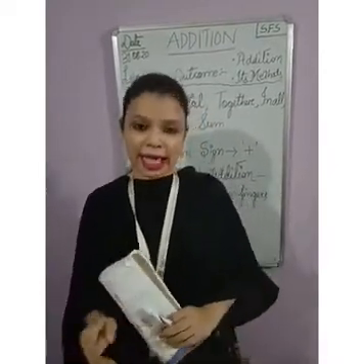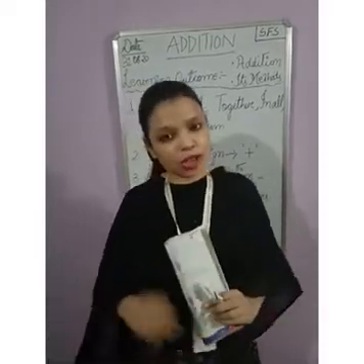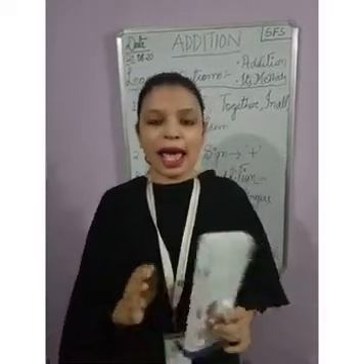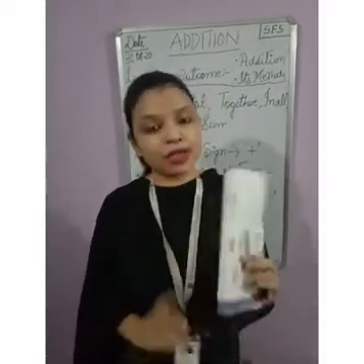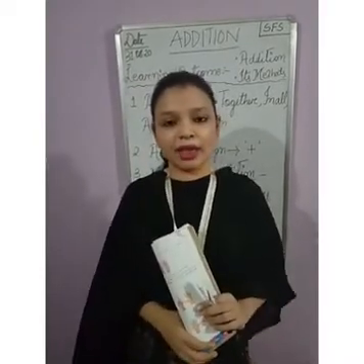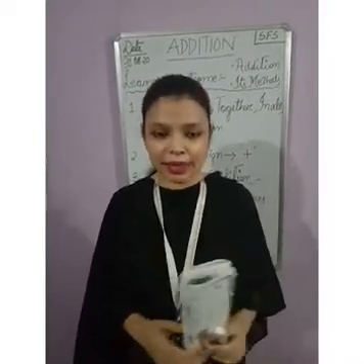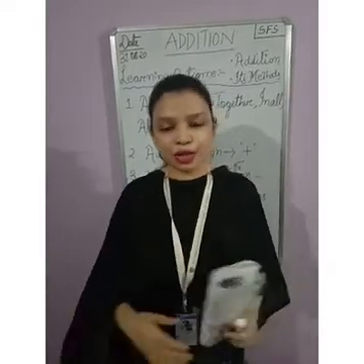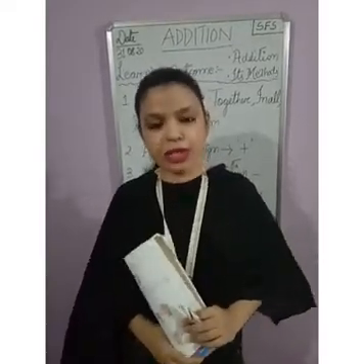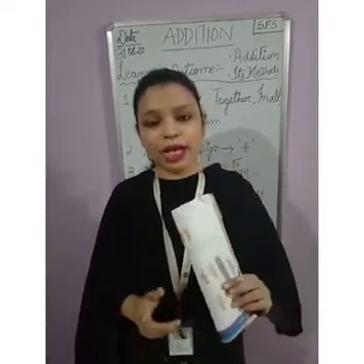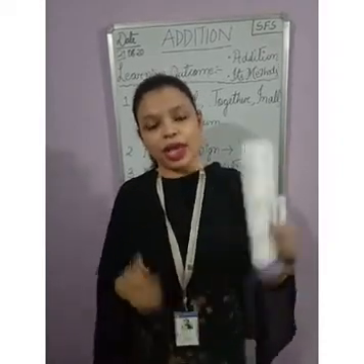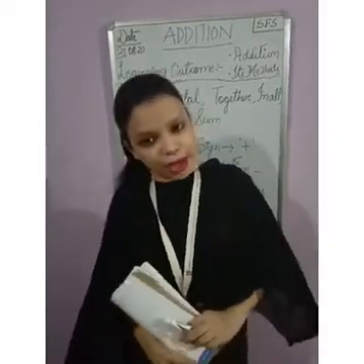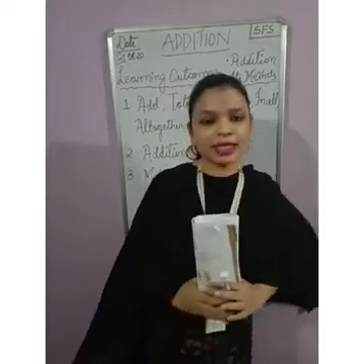We have learned addition up to 99, that is 2-digit numbers, also 1-digit numbers, and there are some methods. There are 3 methods, and then we have learned how to add mentally. We have learned all those topics and we have also practiced questions. So we are going to take a recap and revision of what we have been learning in the last few classes. So let us start the class.